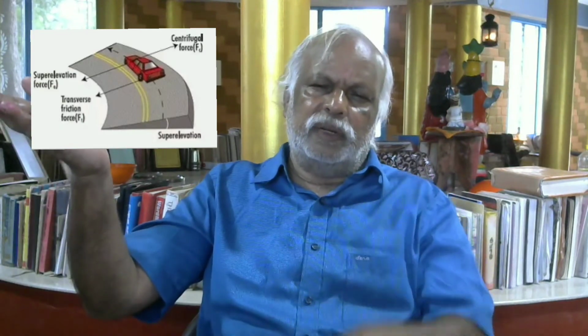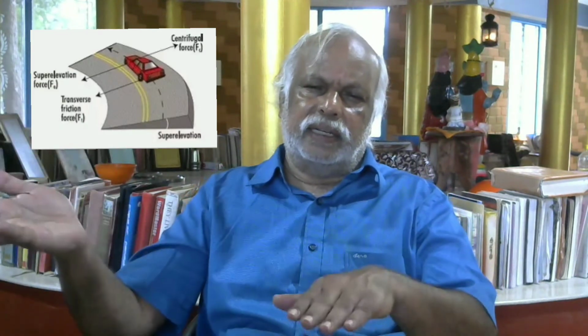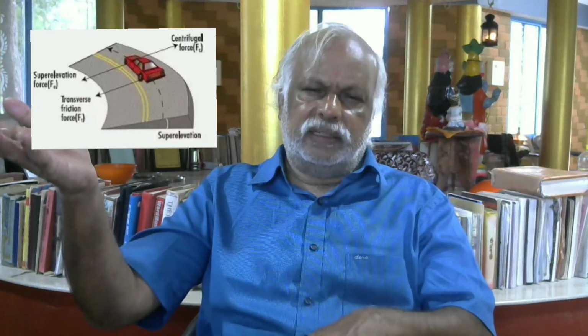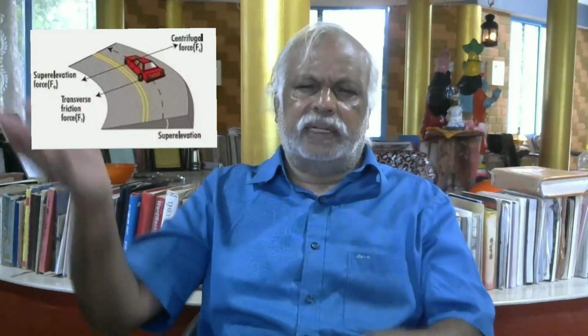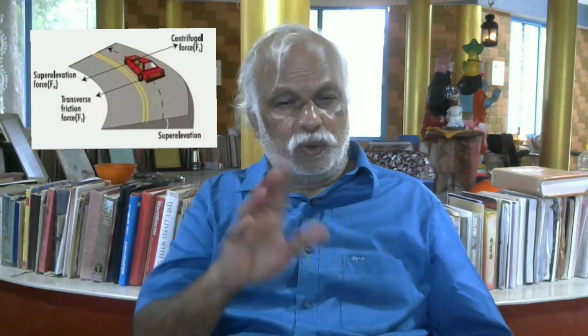And not only that, from physics you know, when the vehicles are going with speed, there will be an effect of centrifugal force. So there will be a tendency for the vehicles to go away from the center because of the centrifugal force. So the vehicles have to be brought towards the center by slightly raising the edge of the road. The external edge, the outer side of the road, shall be raised with respect to the inner side of the road. I hope you can visualize.